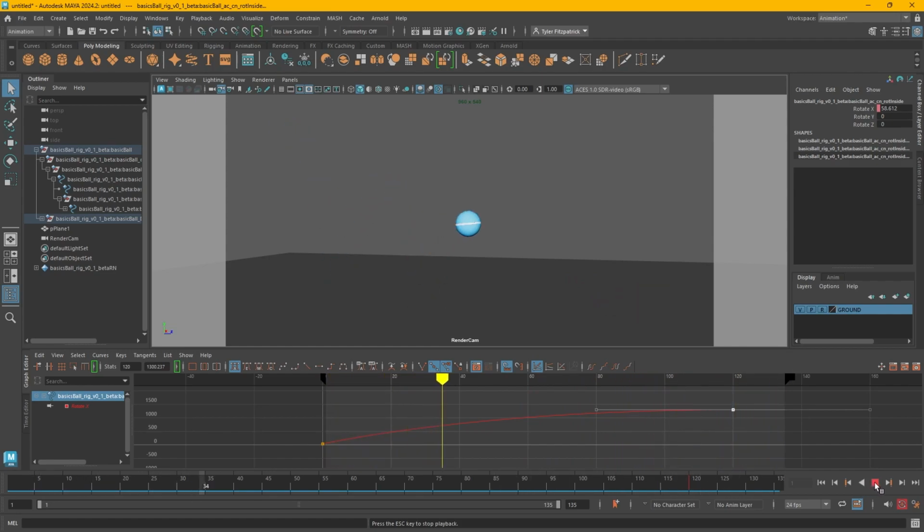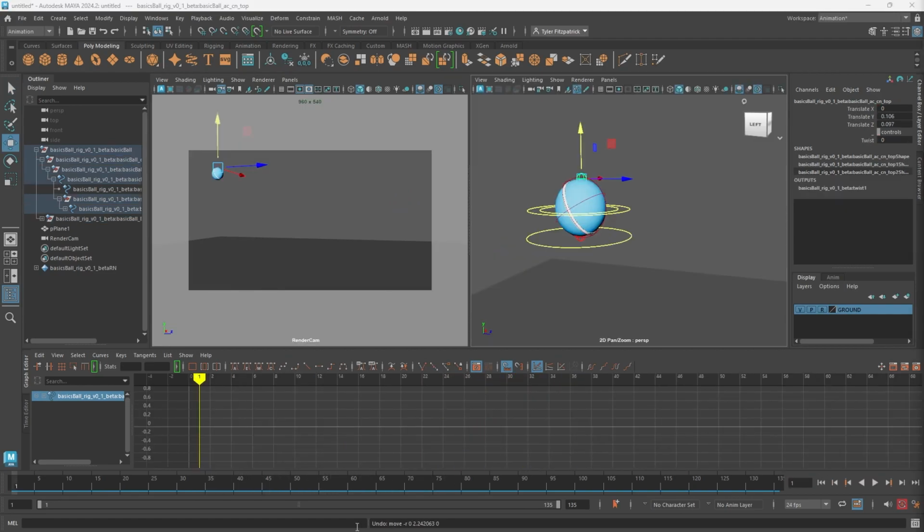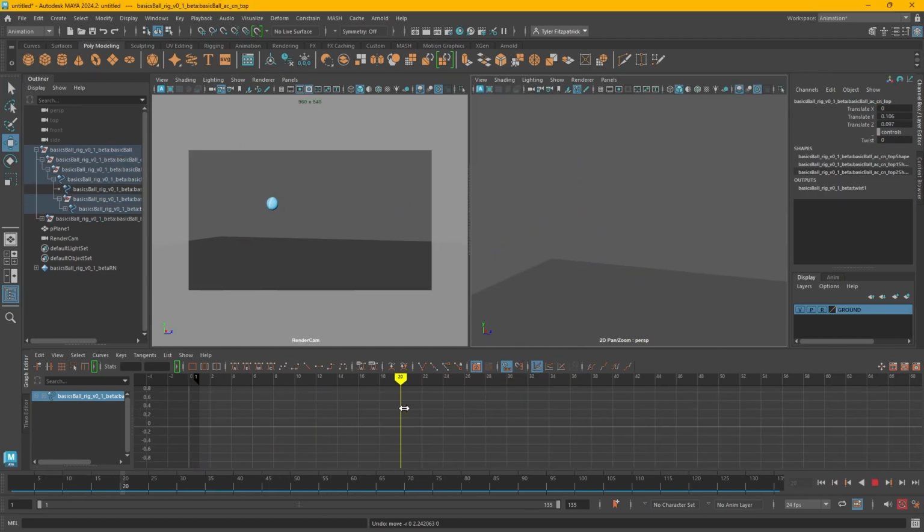There, that feels pretty good. If you wanted to get really nitpicky about this, we could add another keyframe on each of these bounces to alter the rotational speed just a little bit to tweak it as it goes through each bounce, but I don't feel the need to do that right now. Now that I'm happy with my bouncing and rotating thus far, I can begin to add squash and stretch to